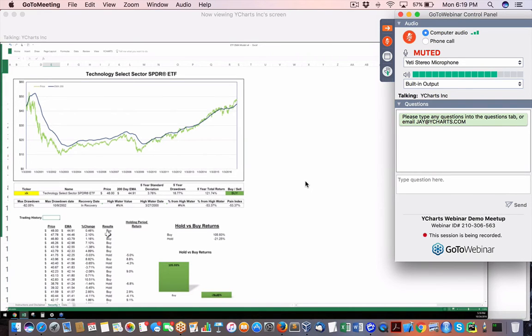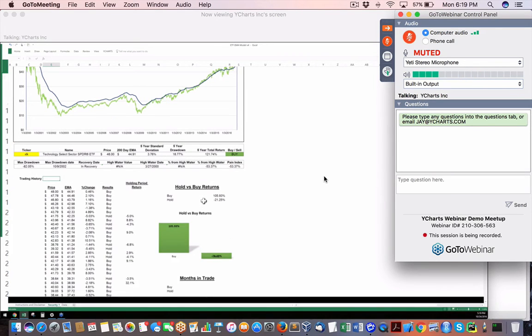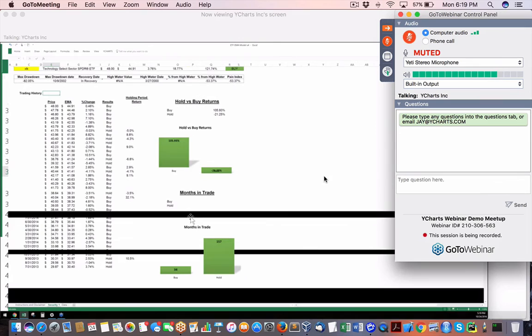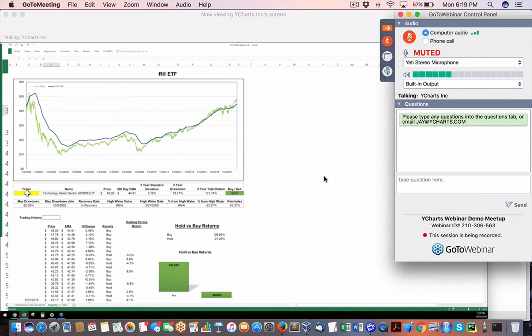Then what they did was they had buy, sell logic. The first day of every month, we make a buy, hold, or sell decision on the position. And then what we ask for is all the trading stats. What did this trade P&L if we had done this or that different methodology? For an end user, it could not be easier. What they do is they just type a ticker here in cell C31. So, let's test